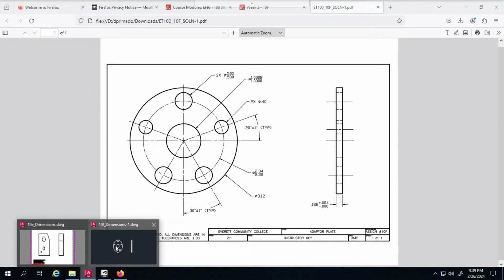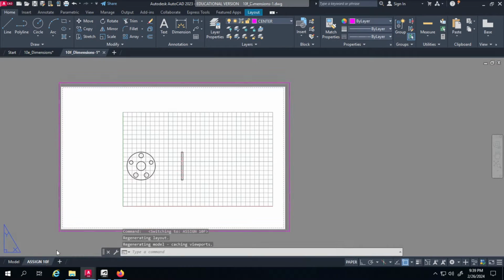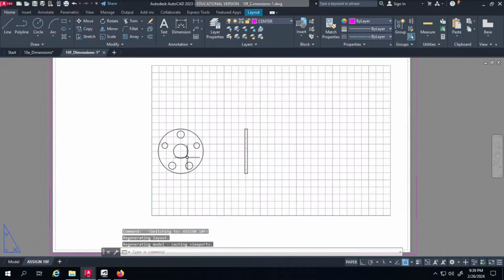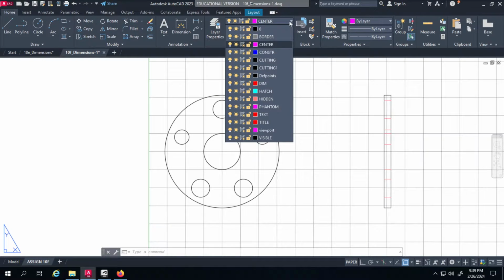So I have an AutoCAD model up, and what we have to do is go into the draw environment. Let's go ahead and zoom up on this view. It's a very simple process. We want to use a layer for the center lines. So center lines is going to be what's active. And in that layer,